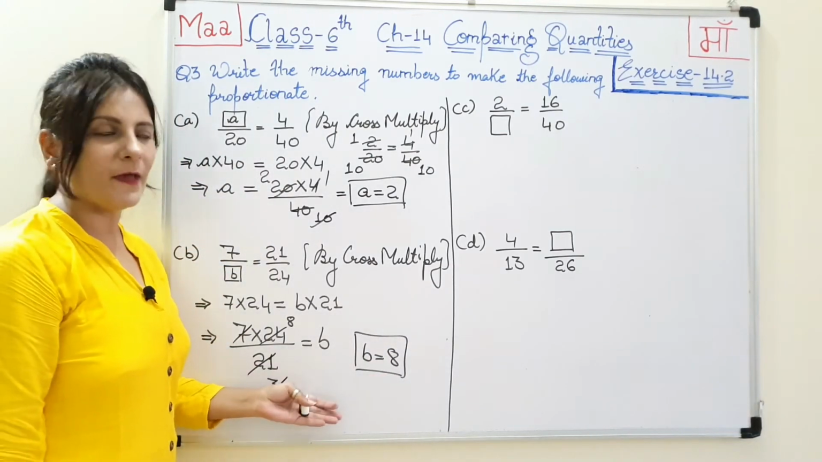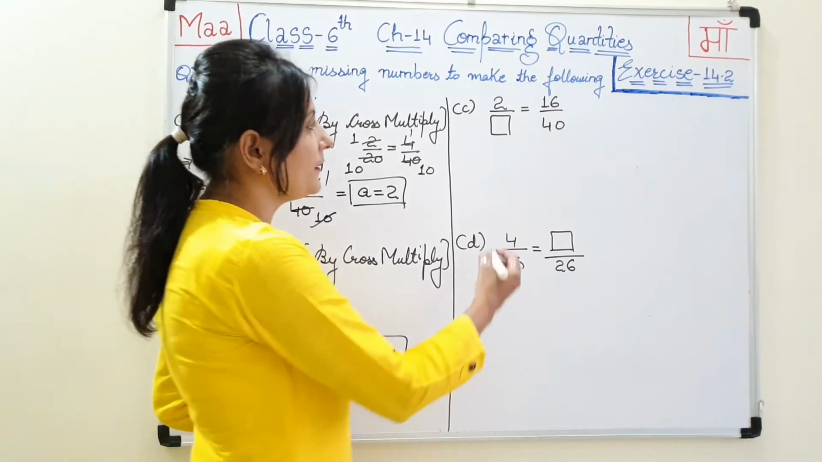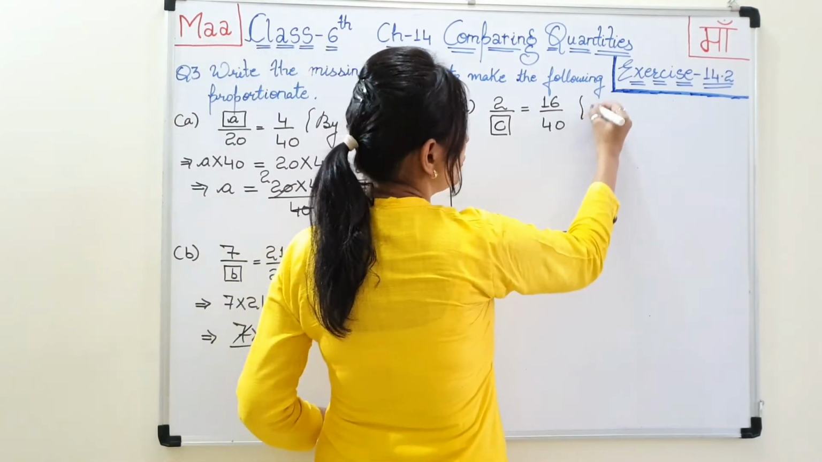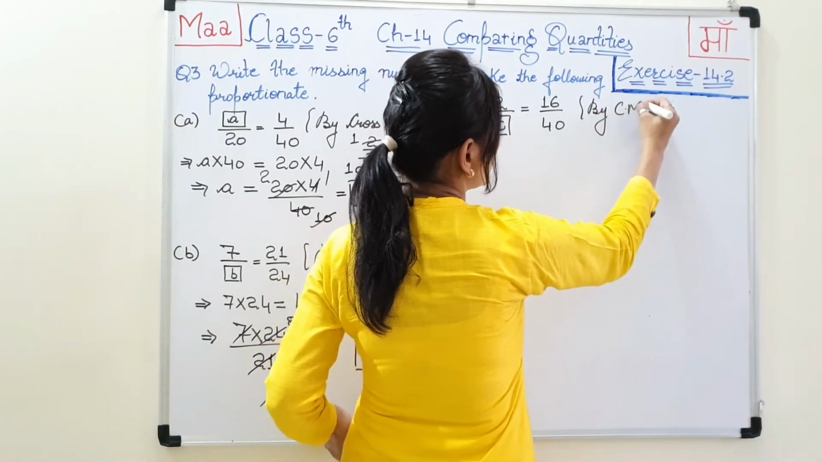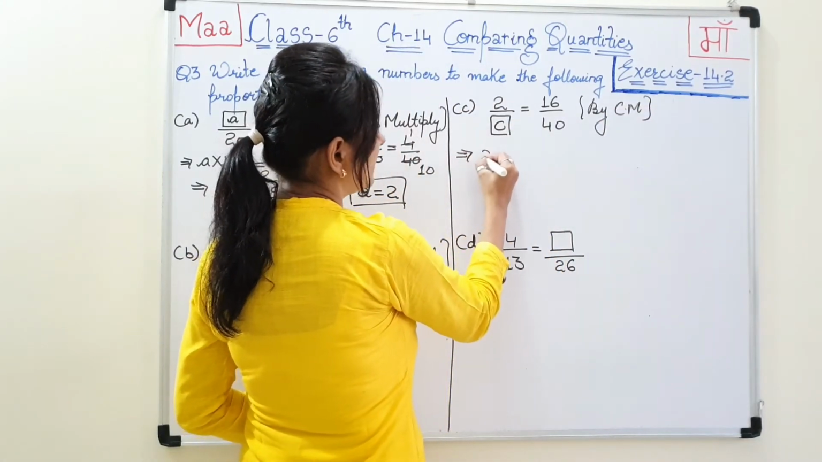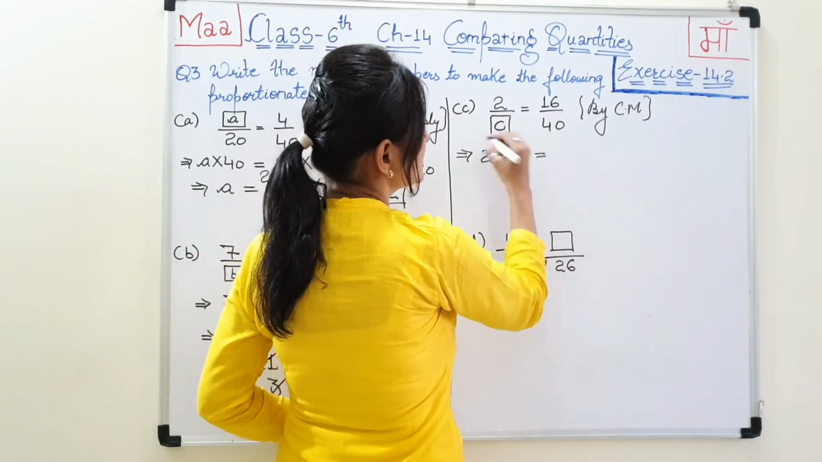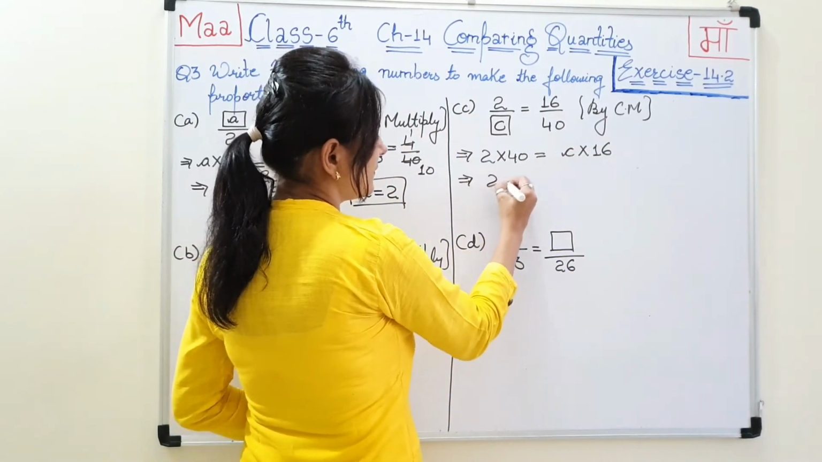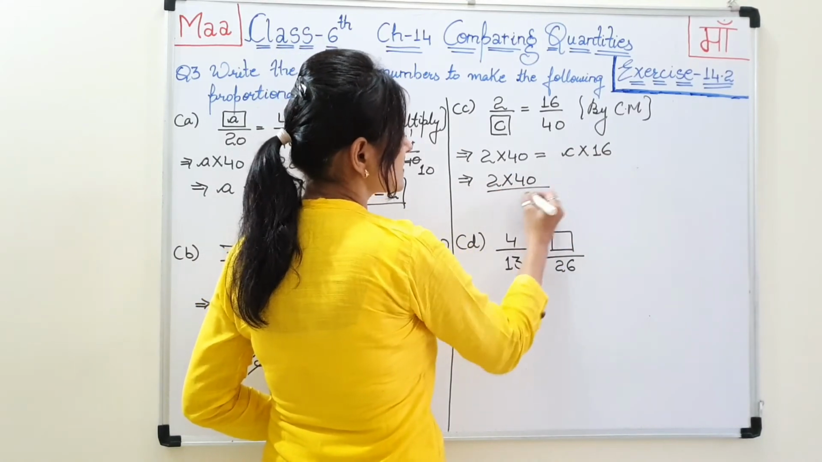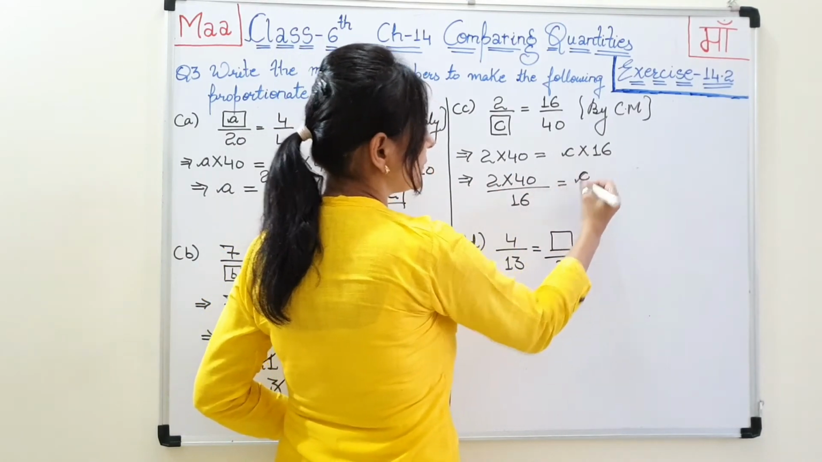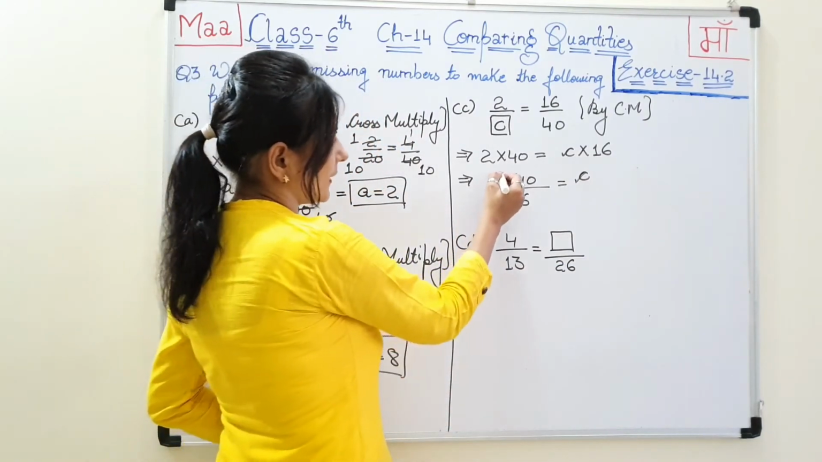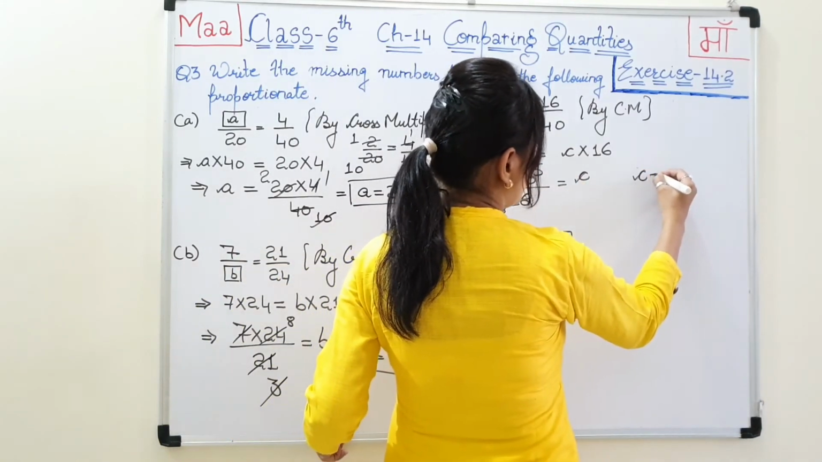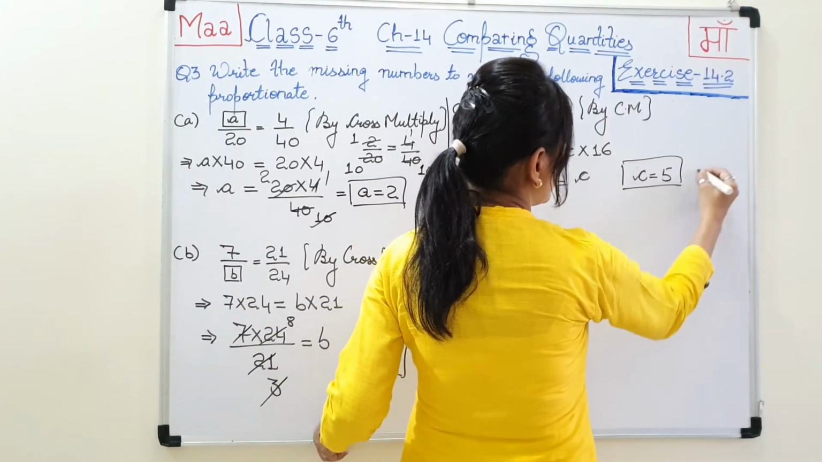So like this you have to find the missing value। Let us now move on to c part। So here you will mention the variable c। So again do cross multiply। So when you will do cross multiply, 2 will be multiplied by 40 and other side c will be multiplied by 16, then 2 into 40 will remain here only and then this 16 will come in the denominator is equal to c। Then cancel the value, 2 1s are 2, 2 8s are 16, 8 1s are 8, 8 5s are 40। So the value of c is equal to 5, answer।